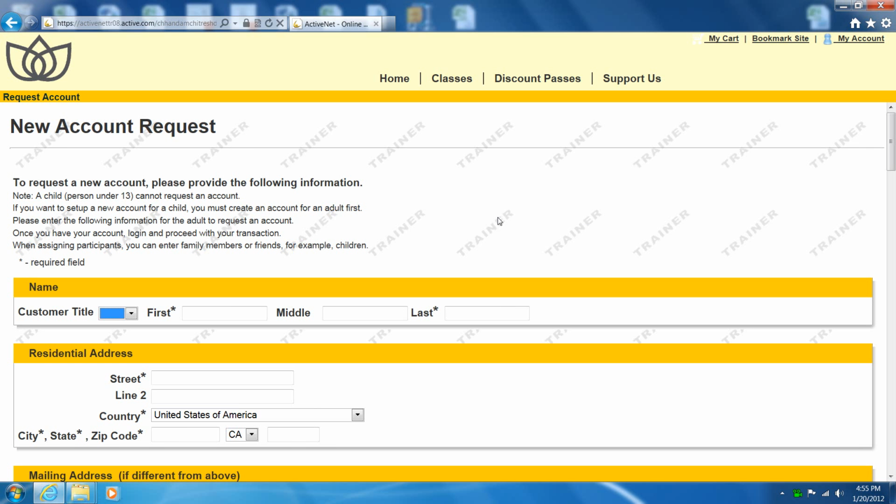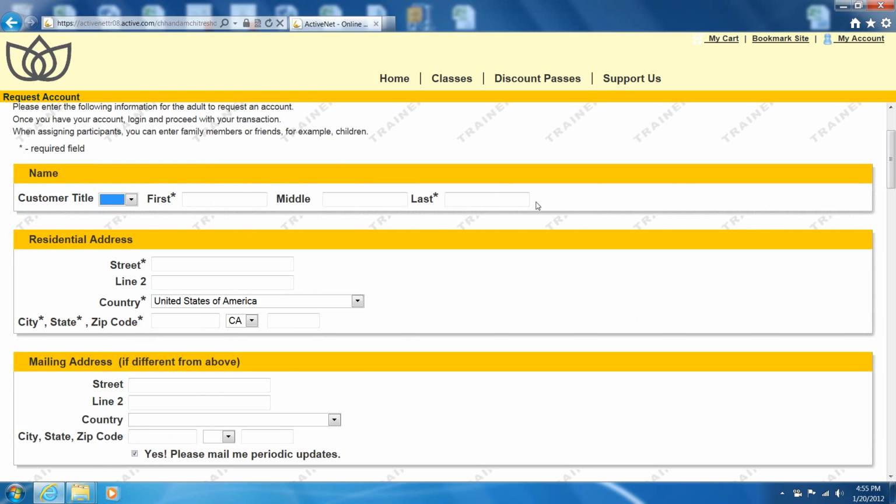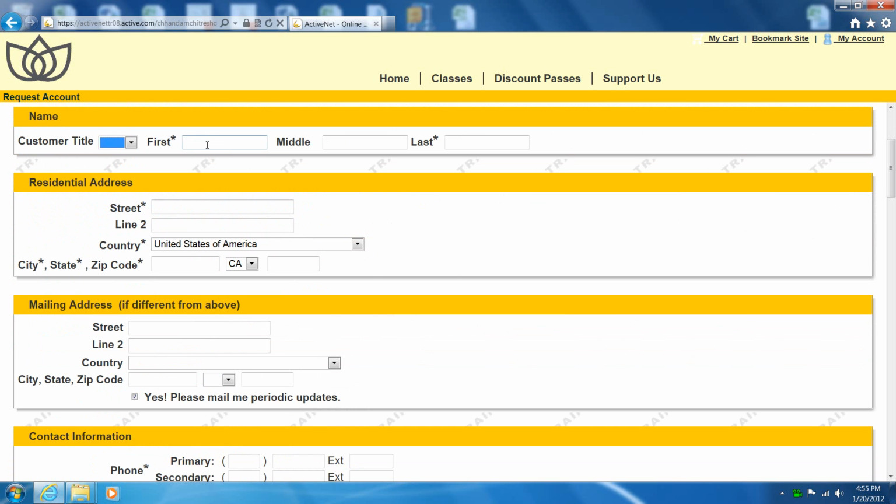The system you're going to log into is going to look just like this, except the screen background will be purple and not yellow, and you won't see this watermark here that says trainer on it. So I am going to use a fictitious name and request an account. This is going to be a fellow named Gabe, last name Taylor,